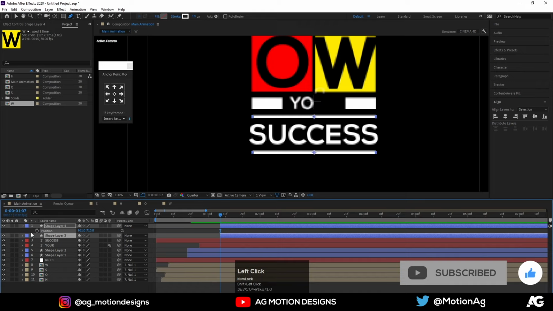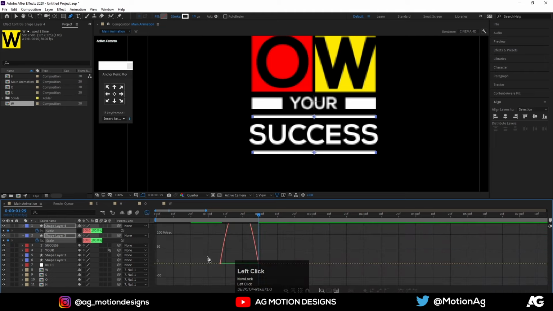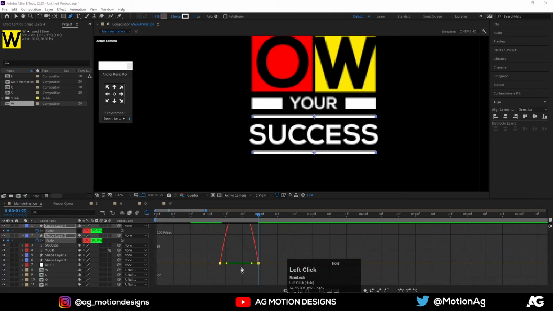Now select these two layers, hit S, unlink these options, type 0 at first keyframes for both of them, go a few steps forward and type 100, select these two keyframes, hit F9, go to the graph editor, select these two keyframes and by holding shift